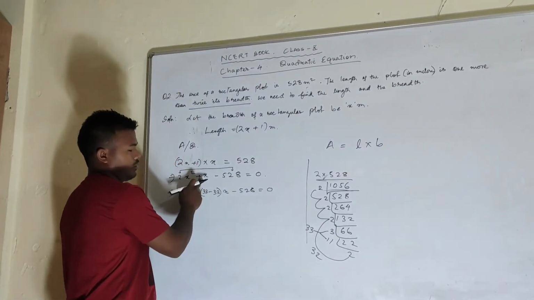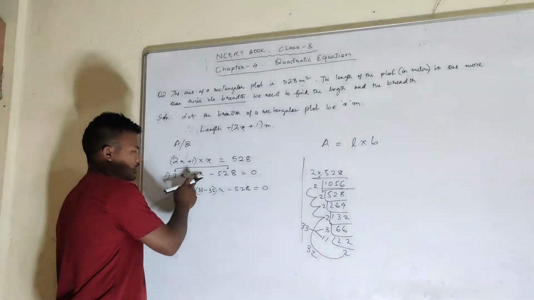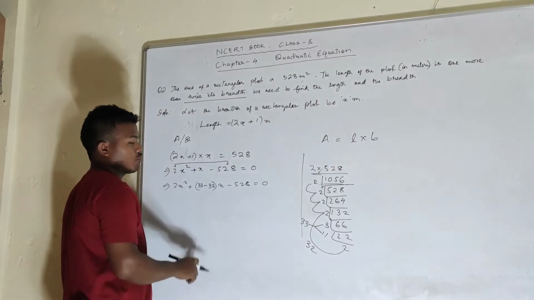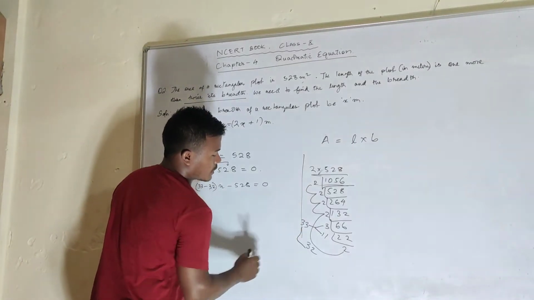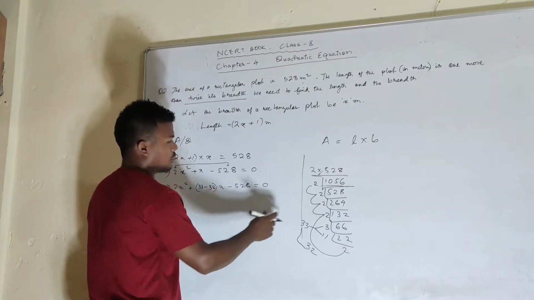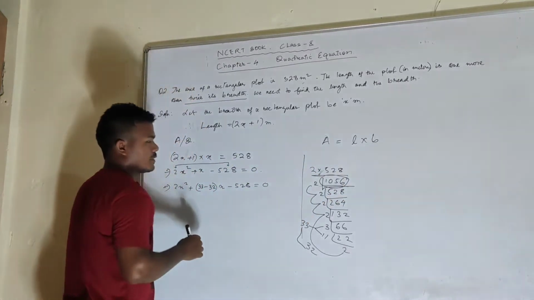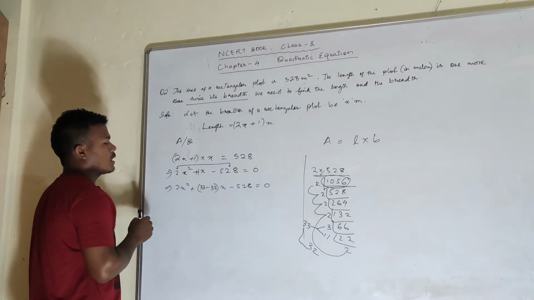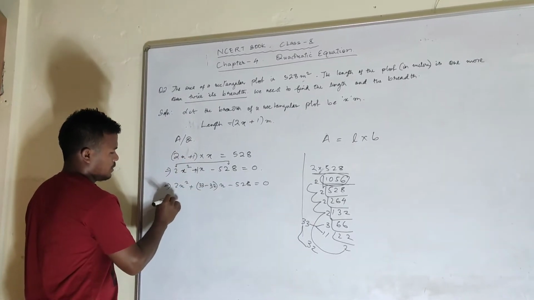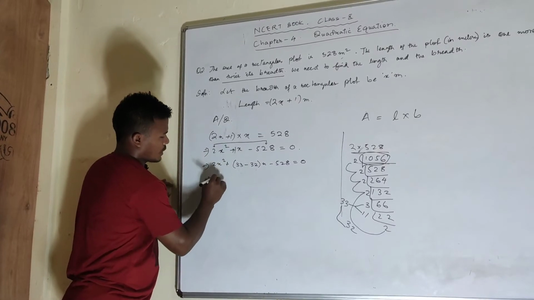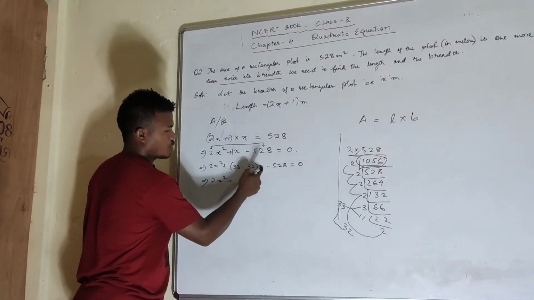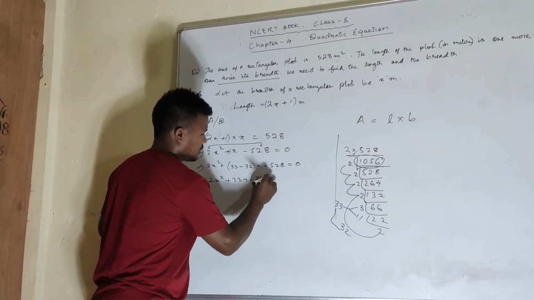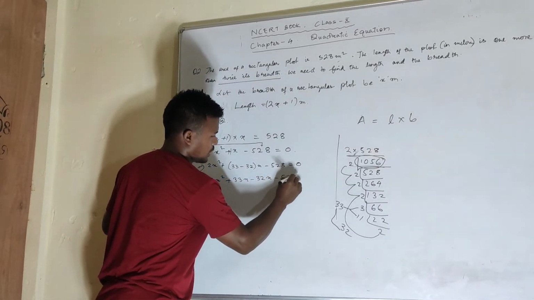in which the number near to x or y or t or a or b or c, the coefficients should be equal to each other. So 33 and 32, if you multiply them, you will get the same number, 1056, and 33 minus 32 is 1. So which is the correct number? So go on: 2x square plus 33 into x is 33x minus 32 into x, 32x minus 528